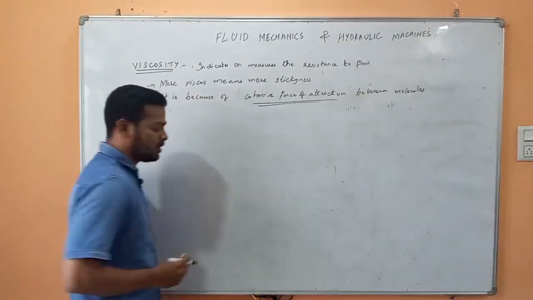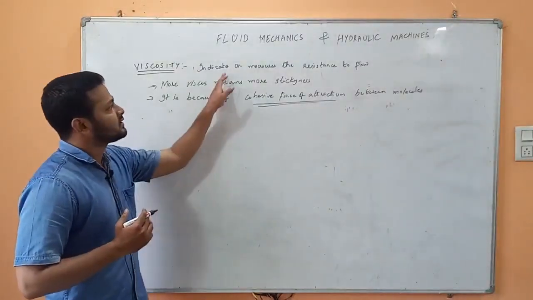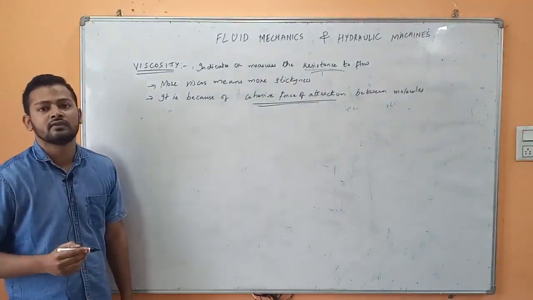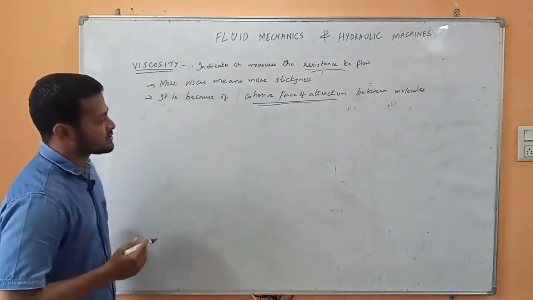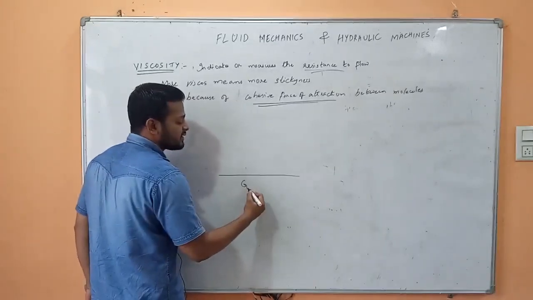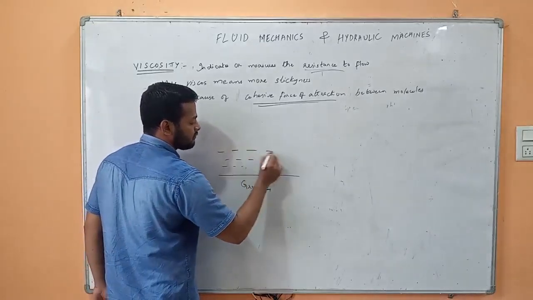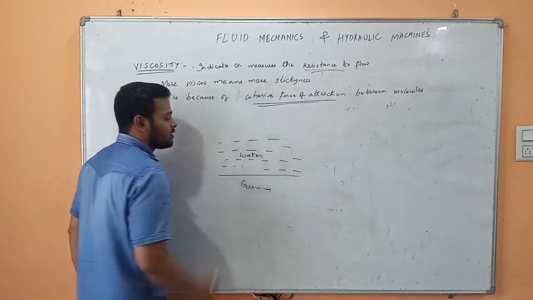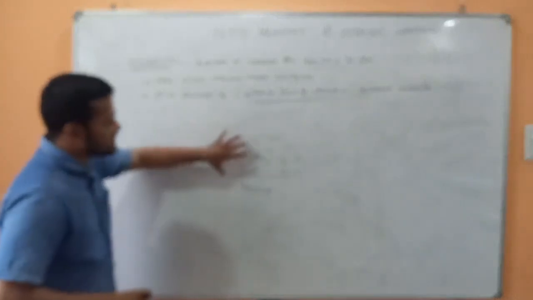This is very important. Often people get confused with the resistance. They often think that the resistance here is the same as in friction. The frictional resistance is very different from the viscous resistance. In order to understand better, let's take one simple example. Let's say this is ground, and on this ground you have water. So this is water.